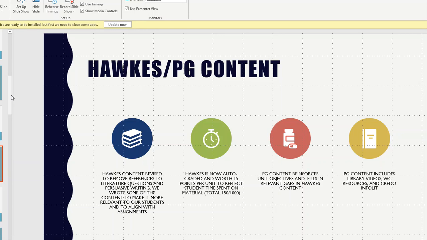And so the information that we pulled, our PG content, will be some pieces from the library or writing center. And we also pulled in Credo Infolit, which those of you who teach 220 are probably familiar with, but it hasn't been a part of CM 107 until now. So we've added that to really strengthen the student experience. And I think you're going to like it. I think it's going to